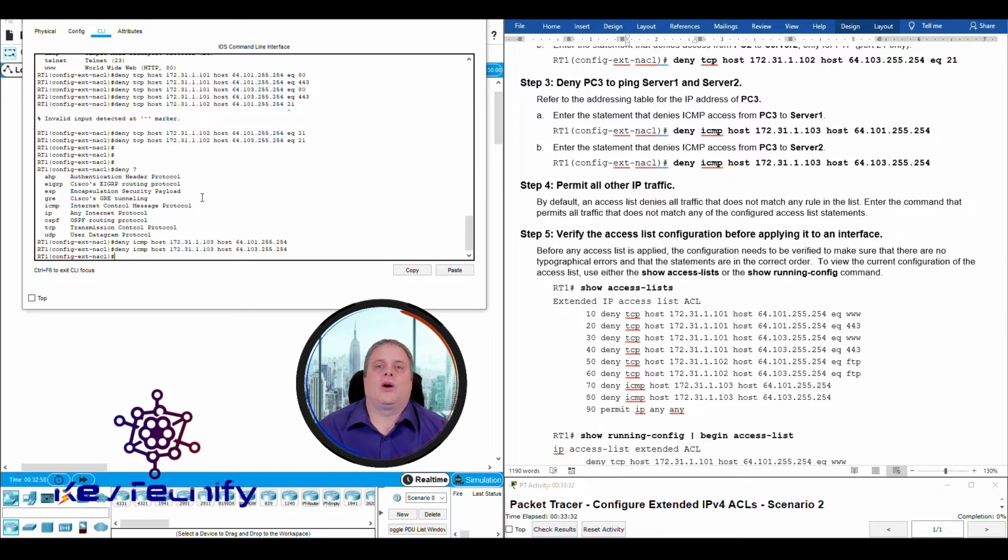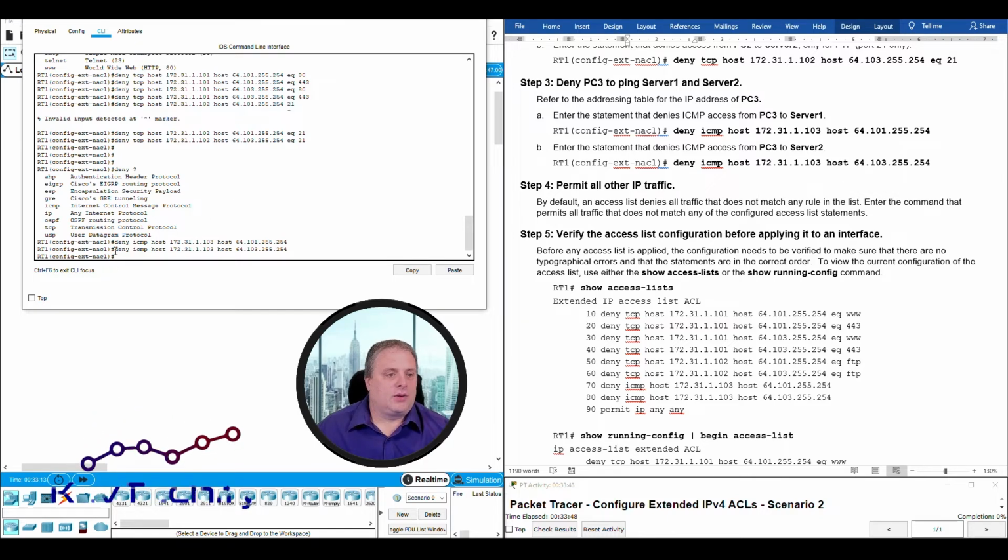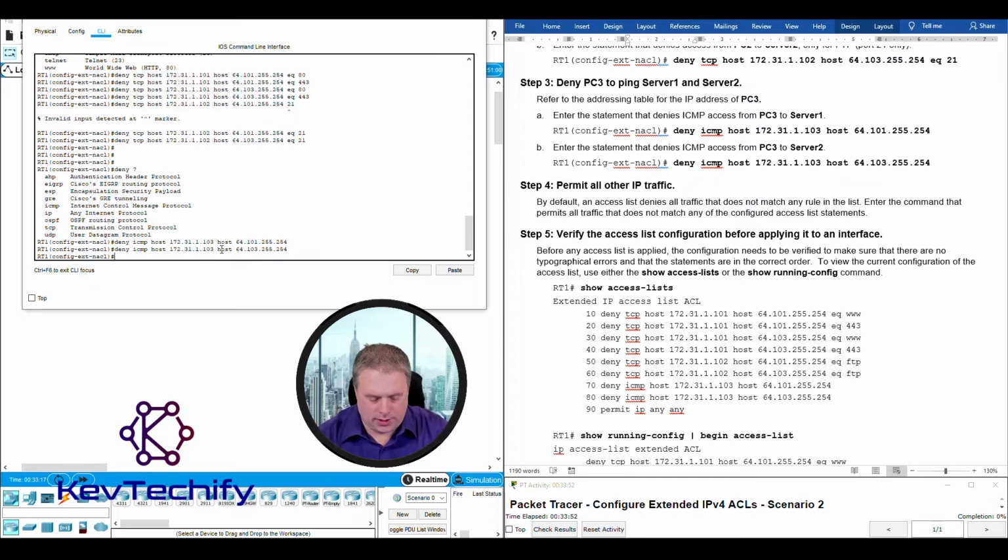And so when we look at all 8 of those statements we just entered in, if it doesn't get denied by any of them, we're going to let everything else through. Now, in order to do that, we have to explicitly put in that we're going to permit anything to go through. And so after we did our last deny statement, now we can put that permit in. So it starts off with permit,